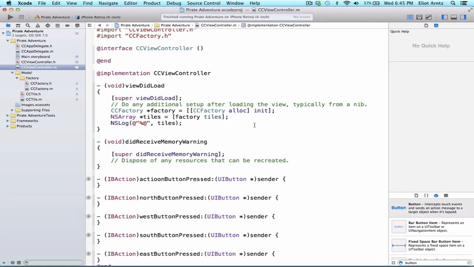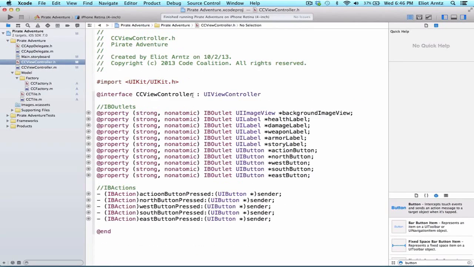Now that we have our factory properly working, we're able to create a bunch of tile objects. It's time to set up our initial tile for the point 0, 0 inside of our coordinate system. The first thing we need to do is go to our header file for ccViewController.h, and I'm